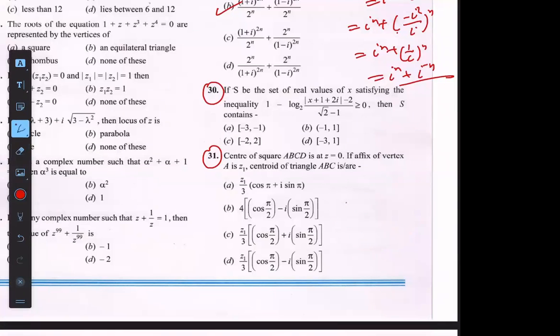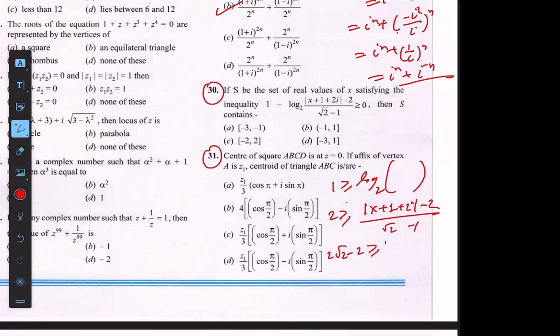30 में तो ये क्या होगा, 1 ग्रेटर देन इक्वल टू लॉगरिथम ऑफ 2, जो भी इतना बड़ा सा लिखा है वो रहेगा। तो ये हो जाएगा 2 ग्रेटर देन इक्वल टू ये बड़ा सा एक्सप्रेशन। तो ये तो पॉजिटिव है, रूट 2 माइनस 1 क्रॉस मल्टीप्लाई कर दीजिए तो आ जाएगा 2 रूट 2 माइनस 2 ग्रेटर देन इक्वल टू मॉडुलस ऑफ x प्लस 1 प्लस i प्लस 2i माइनस 2। तो बेसिकली ये आ रहा है x प्लस 1 प्लस 2i का मॉड लेस देन इक्वल टू 2 रूट 2, माइनस 2 तो कट हो जाएगा, ये आ रहा है।